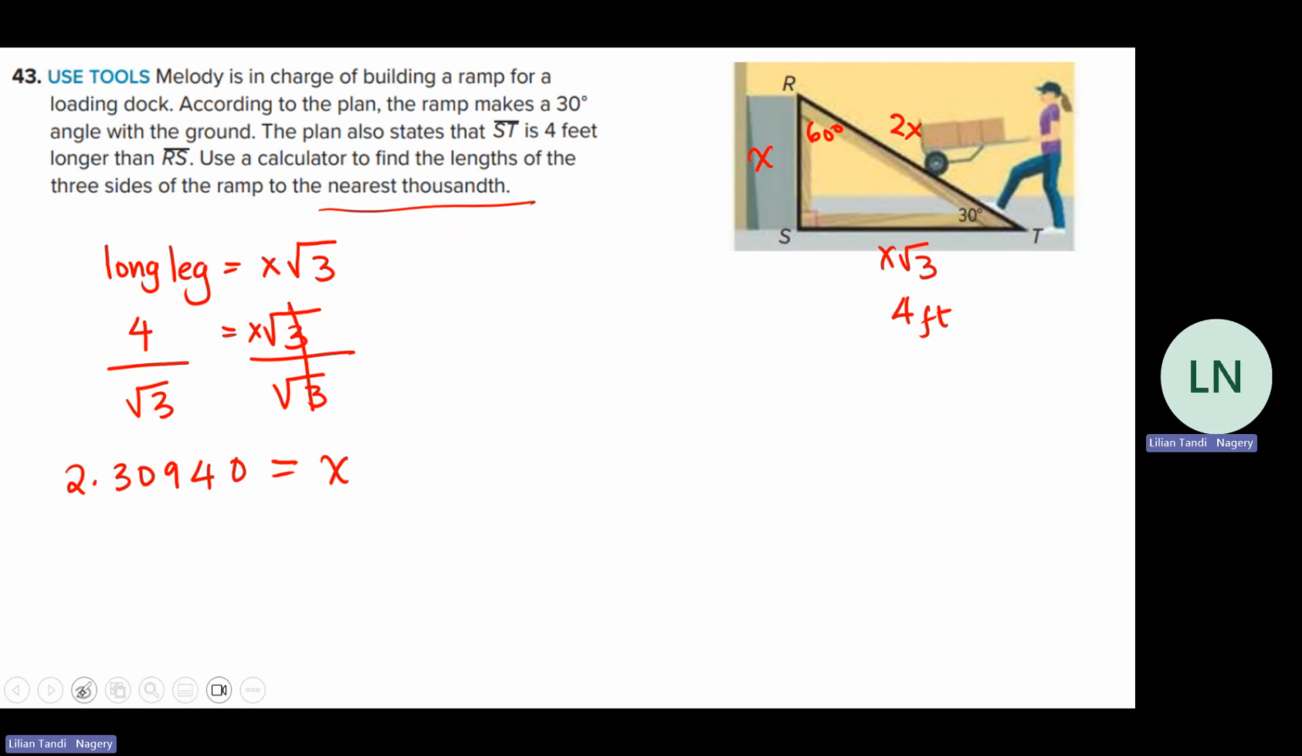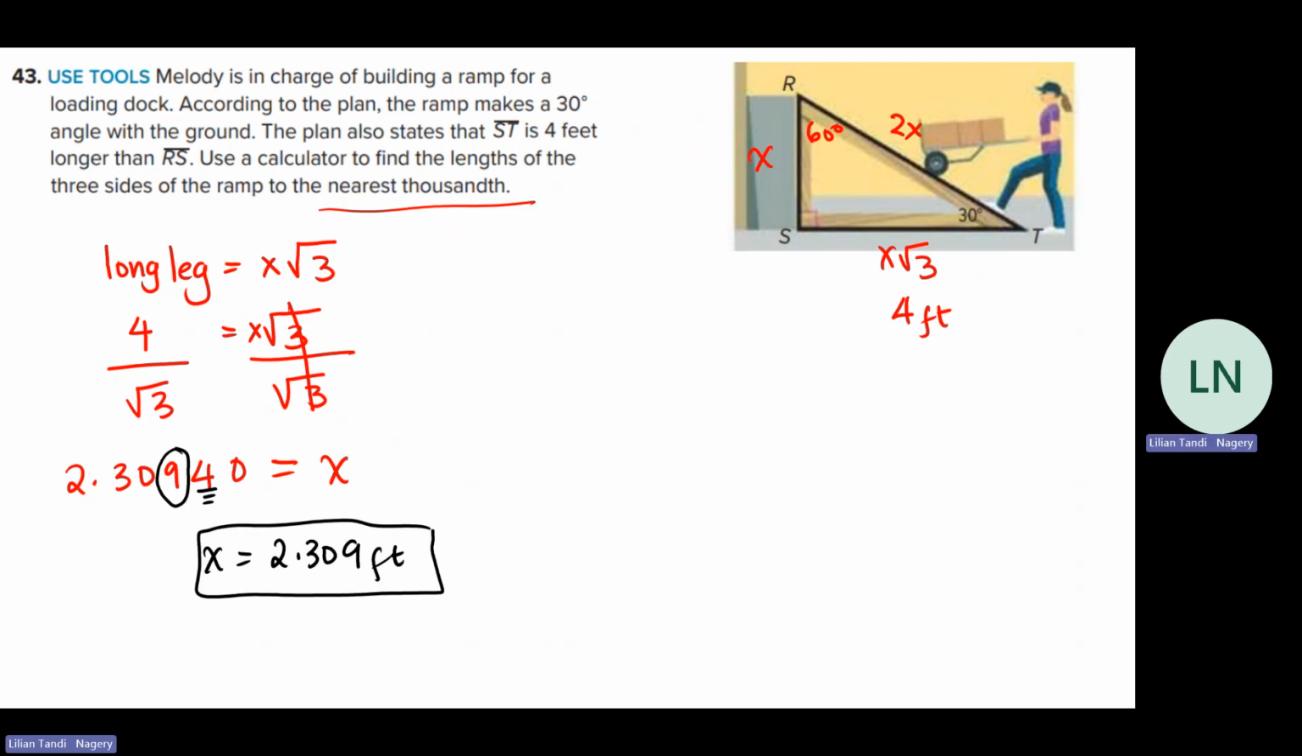Okay, we want to round to the nearest thousandth. We count 3 digits after the decimal. 1, 2, 3. You underline the digit after. We are not adding because this is not 5 or more. So x equals 2.309 feet. Okay,